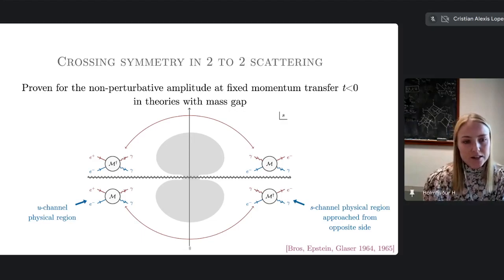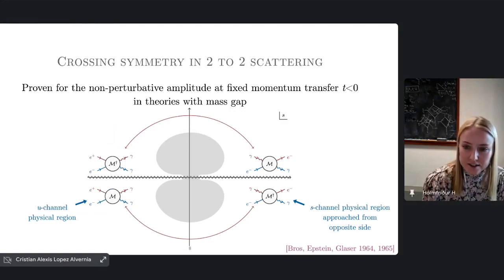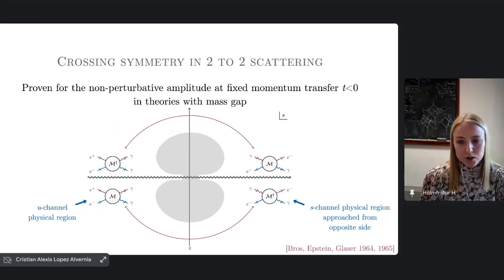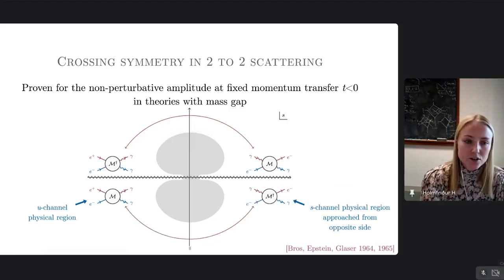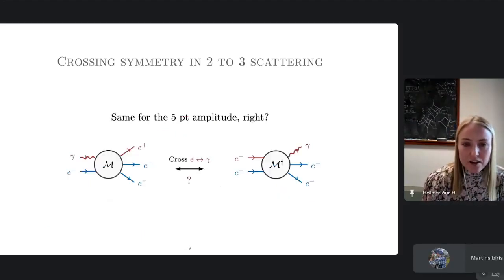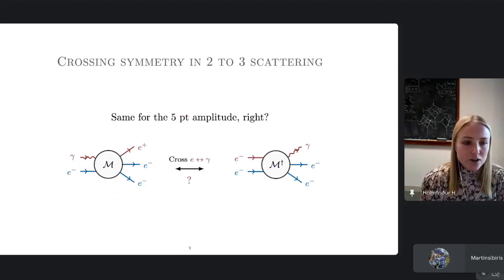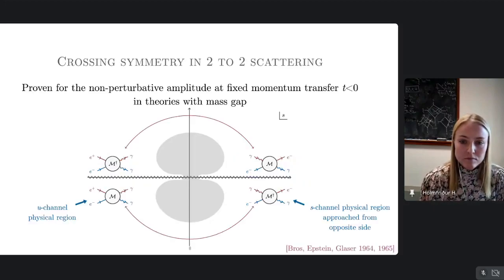But it's actually important in this story, and I want you to remember this, that the natural thing that happens for crossing is that an amplitude crosses to a conjugated amplitude. And then for 2 to 2, we can kind of just do this move once more. We can now just fix S and do a continuation in U or T to get back to, in this case, the T channel amplitude and not the conjugated amplitude. So the natural thing to do would be to try to extend this for the 5-point amplitude and ask whether it's true. Excuse me, I mean concerning the slide before.